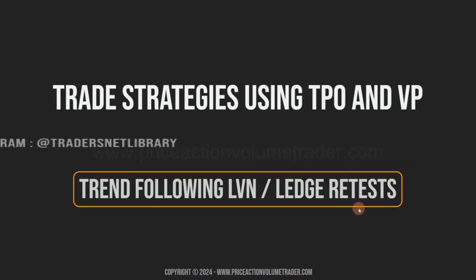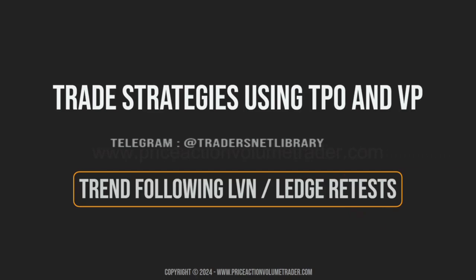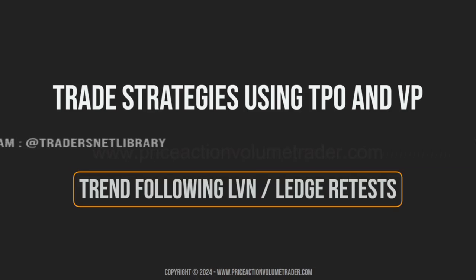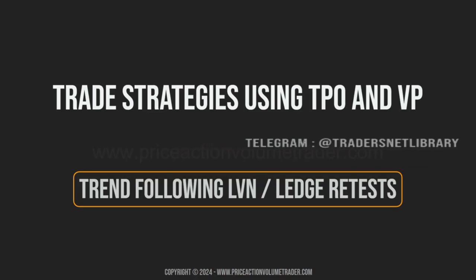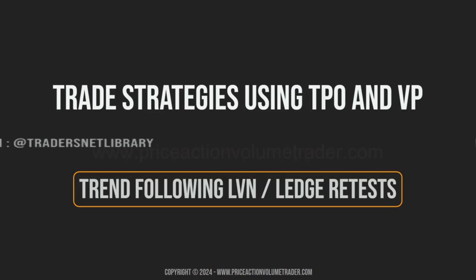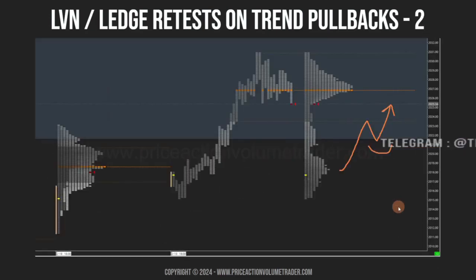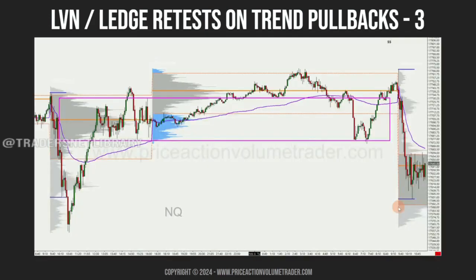So again, the general rule of thumb: when we are in uptrends, we want to be looking to get long on pullbacks into the bottom edges of high volume nodes. And when we're in downtrends, we want to look to get short on retests of the top edges of high volume nodes. And then as far as the stop loss, well, if we just go back here to these examples,